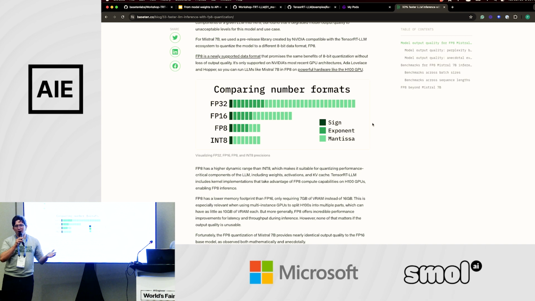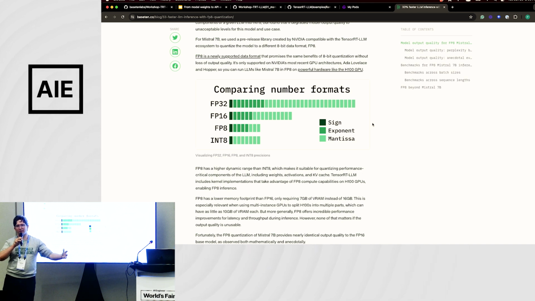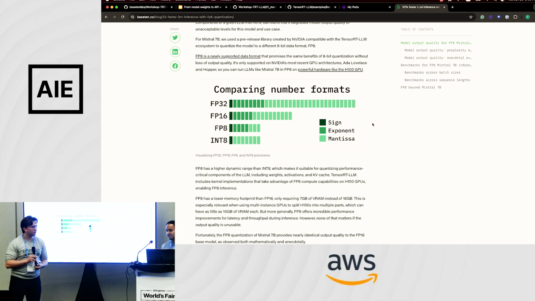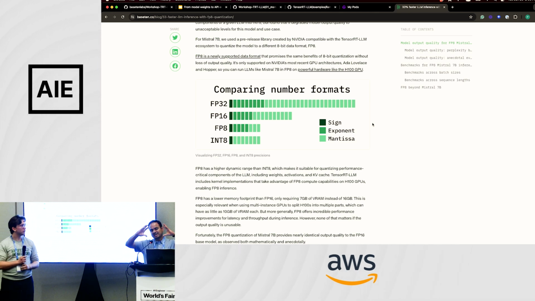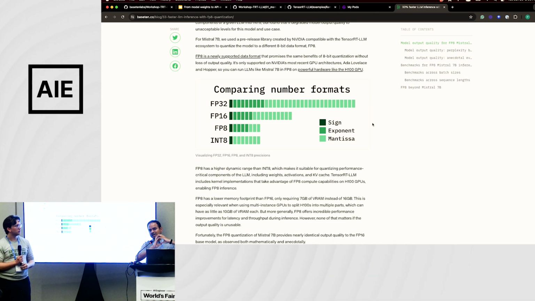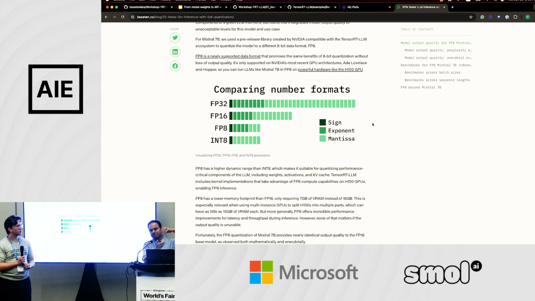You still have the same number of possible values, but they're spread further apart. That's dynamic range, and it's that which allows you to quantize this much more sensitive KV cache. Basically, you have the mantissa and the exponent. You are able to quantize smaller values better. You give more bits to smaller scale than larger scale.